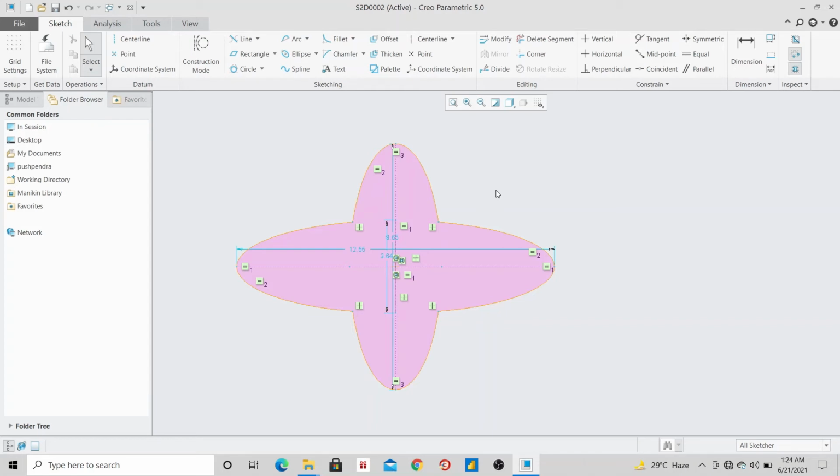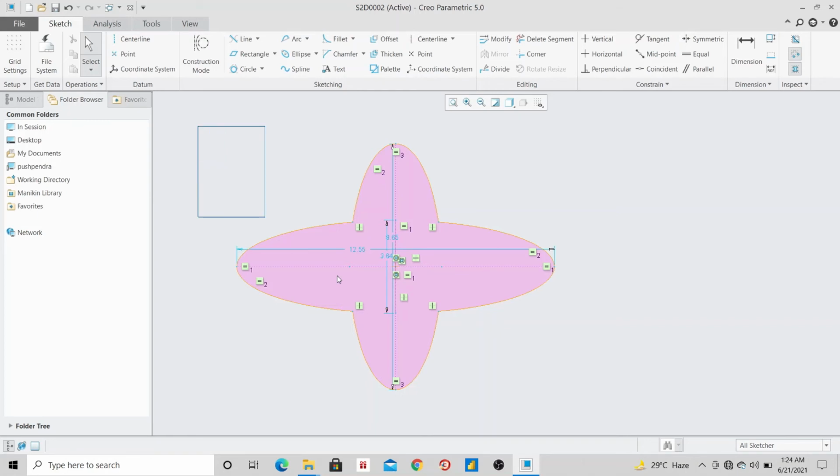For line, is it a line chain? Is it a tangent line? If rectangle, then which type of rectangle is it? The moment you get to know about the sketch, what type of command I need to use, you can use it from the ribbon bar. It's all given here, but only you need to find out what I have to use. That's all on you. No one is going to teach that; you have to find out what it is asking me to perform.